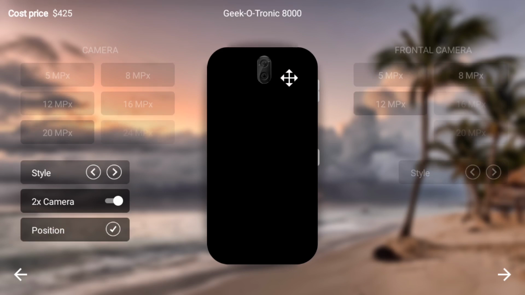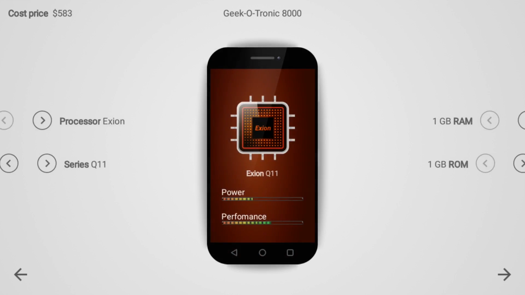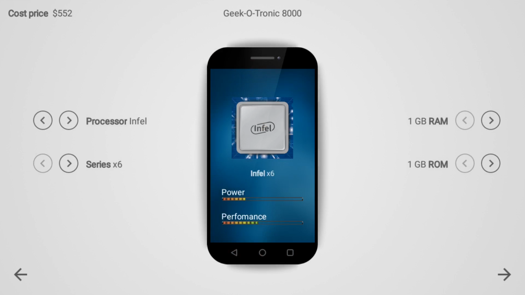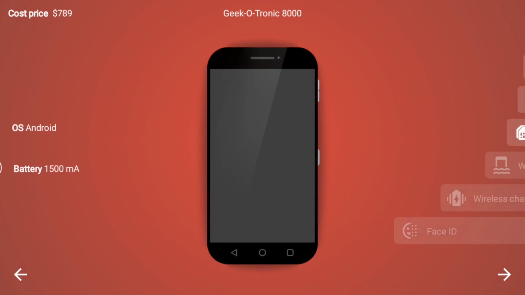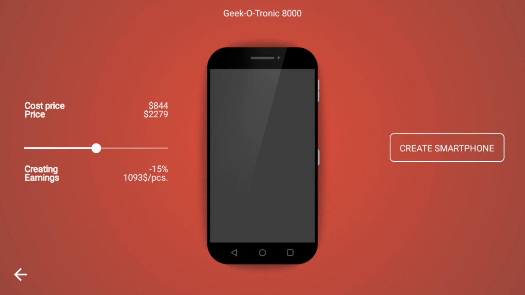That is monstrous, that thing, isn't it? Where's the sideways one? Like that. It's like Wally's eyes. There we go. So Wally's eyes, splendid. Style of that one. Like that, that'll do. Yes. Okay, what's going to give us the best? What's going to give us the best performance of everything? Look at that. Series 9 Intel processor, all the RAM, all the ROM, everything you compile into this phone. Battery life, all of it. Touch ID, micro SD, 2 SIMs. Yes. Go forth and sell it for